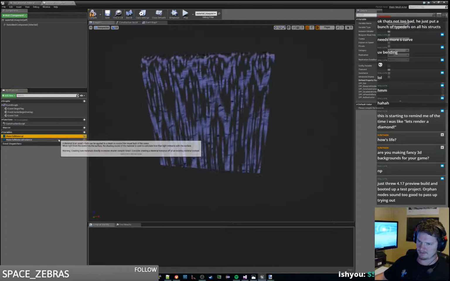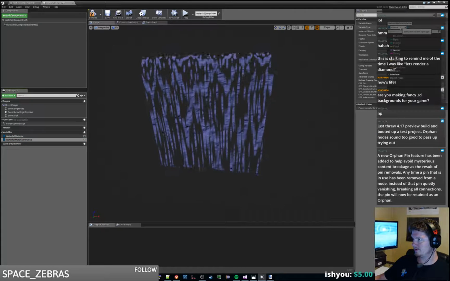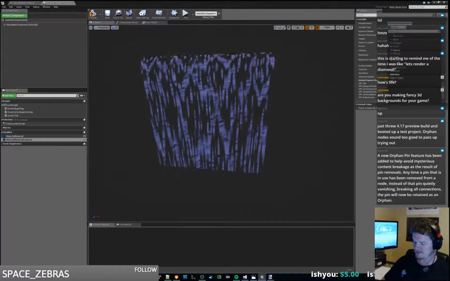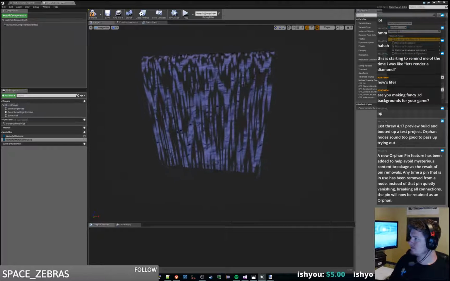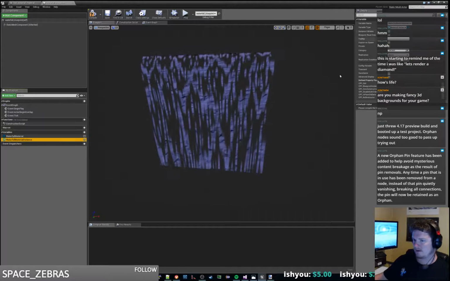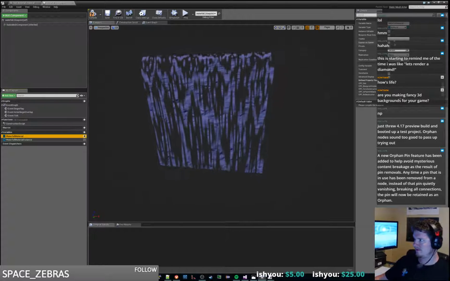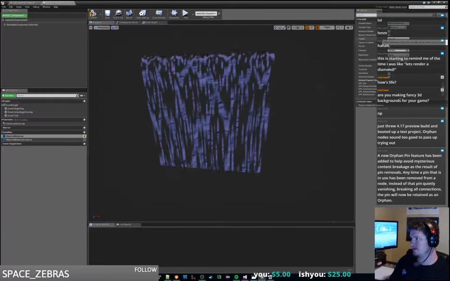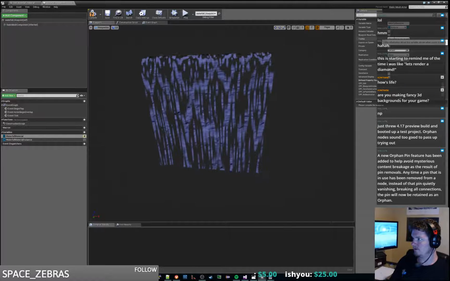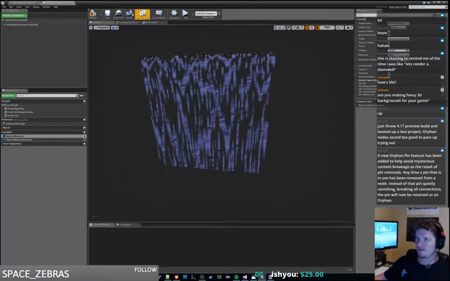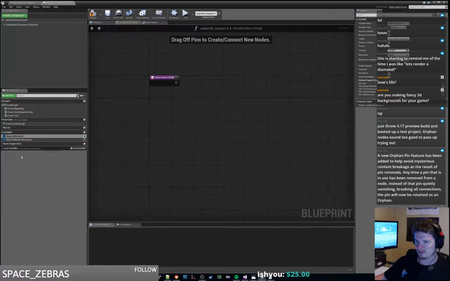Basically how shaders work with materials is you want a material instance, and with a material instance you can do stuff. We'll tooltip this: this is the material for the waterfall. So inside of our construction script we will